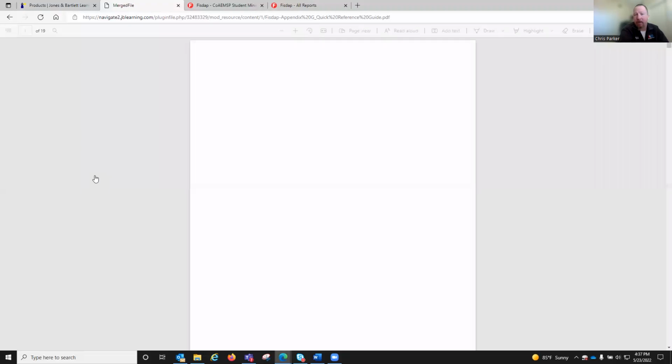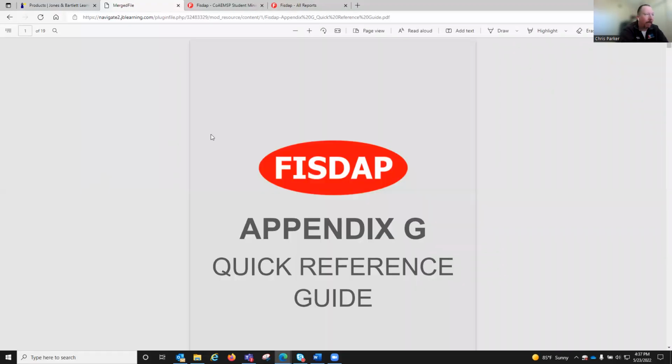And when you click on it, it will automatically open this up. You also have the option of saving it as a PDF. This document's about 19 pages long. I think it's a great reference to save and just put on your phone so that you always have it